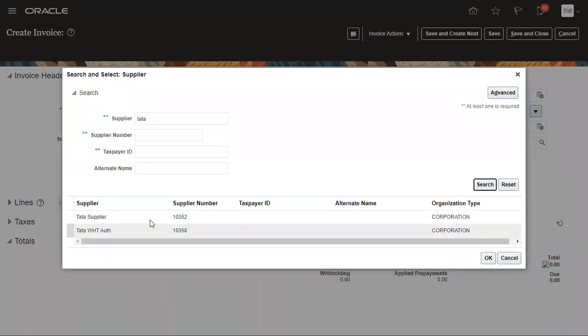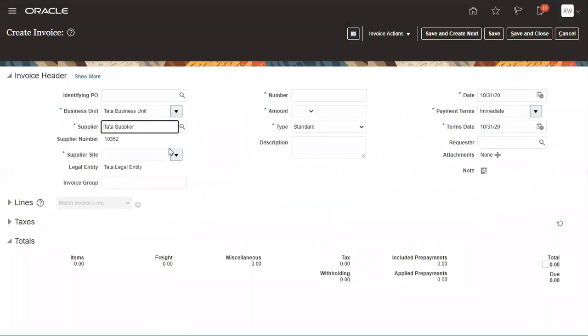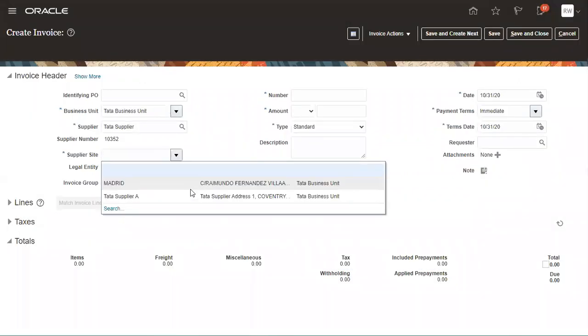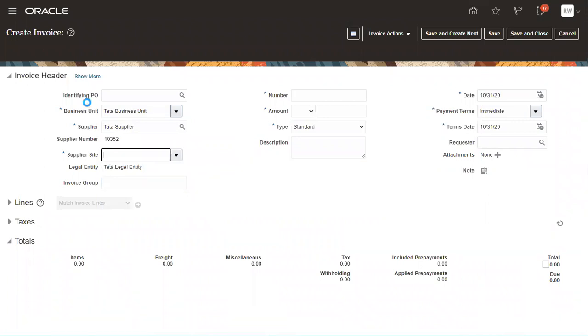So coming to payables, here also we can see for our own payables, we have the own supplier created. Again, the supplier side. All these setups of the supplier side depend on the architecture of the supplier, how the supplier is set up in Fusion. Based on the supplier, only the supplier site will pop up.